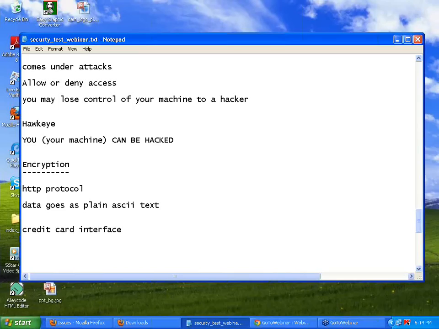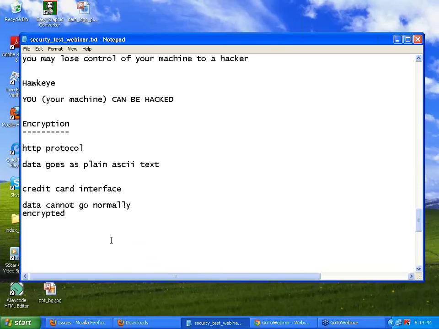Nowadays it is asking for every online transaction, there's a password. Then how can I be sure that my data is not stolen? So in those cases, data cannot go normally, it must go encrypted. So how can I take it as encrypted? How can I be sure that it is encrypted?